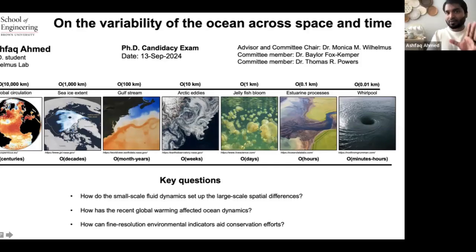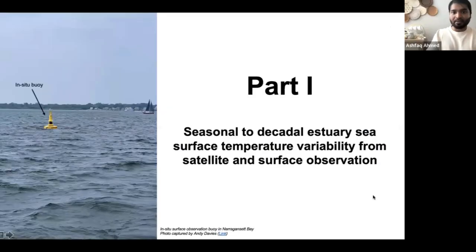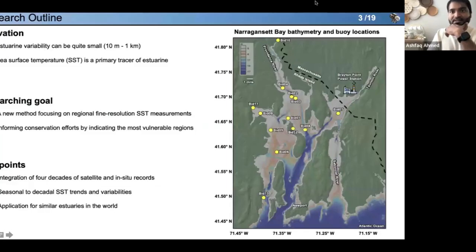Using a low resolution model, you can predict global ocean circulation. You can predict a lot of things. You can predict sea ice extent going high and low. But it doesn't solve the local problem, the local policy problem. So this is where I began my PhD. Say this is Narragansett Bay, or Narragansett Estuary. This is located at the junction between the Atlantic Ocean and Rhode Island Sound.